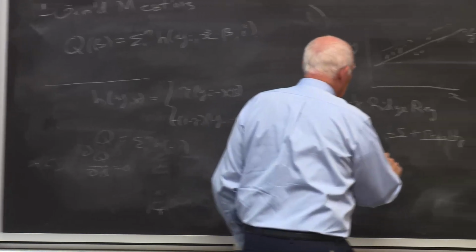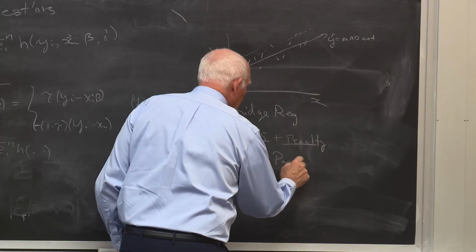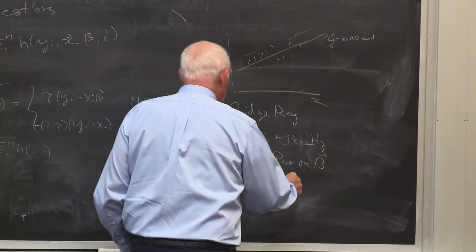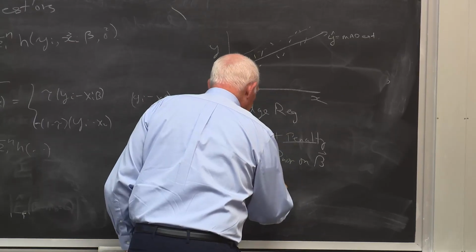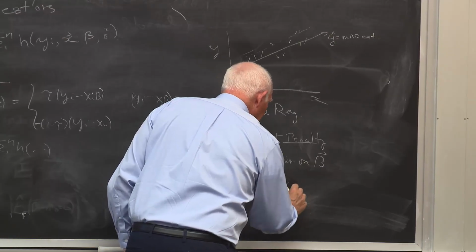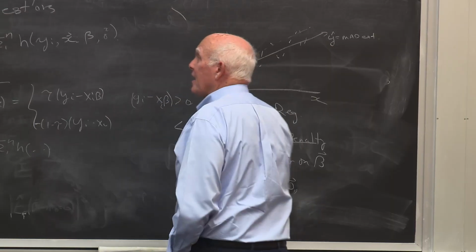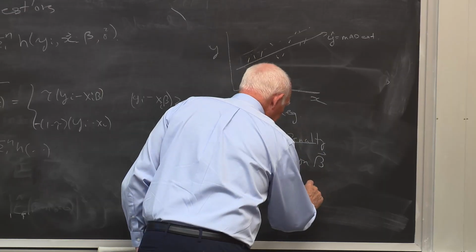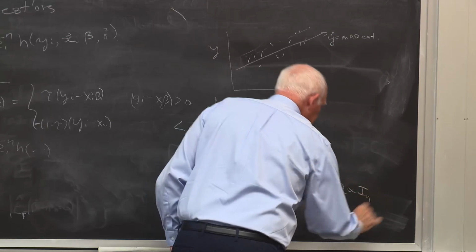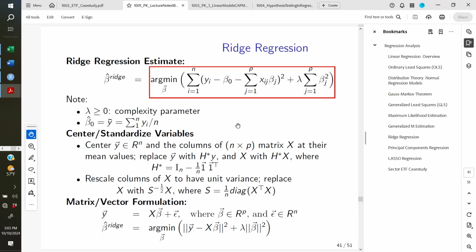If we consider a Bayes prior on beta, and that Bayes prior is basically multinormal in p dimensions with a mean vector of 0 and a covariance matrix that I'll call omega, and omega is proportional to the identity matrix in p dimensions, then